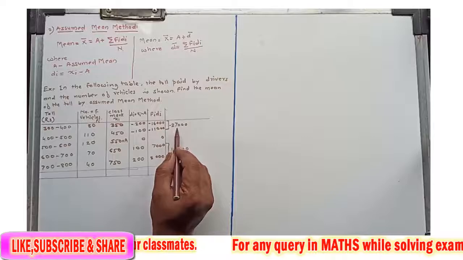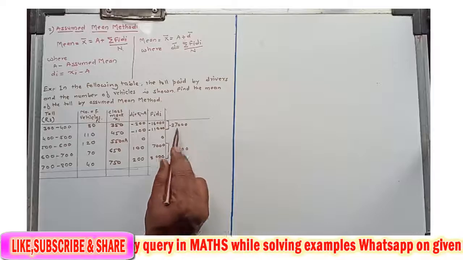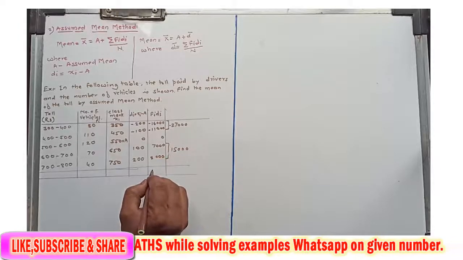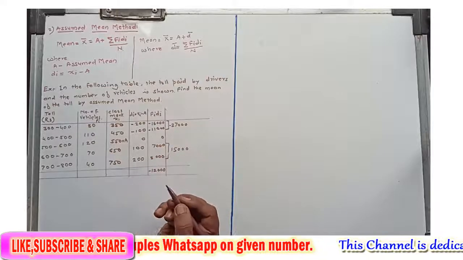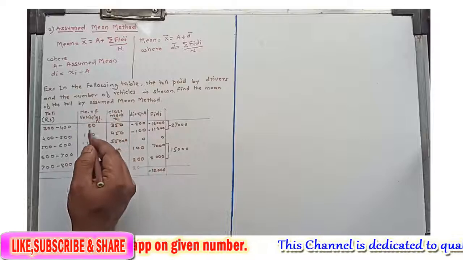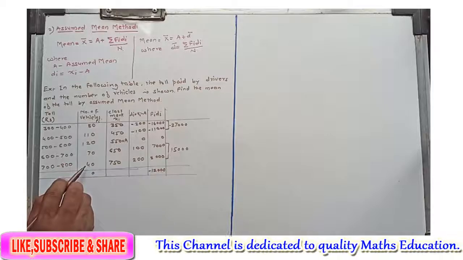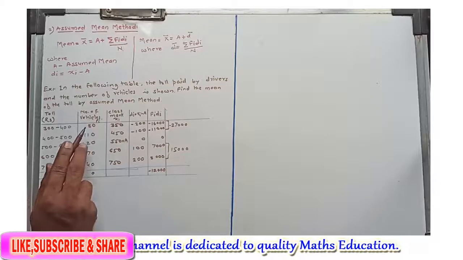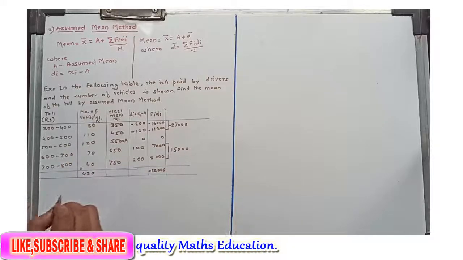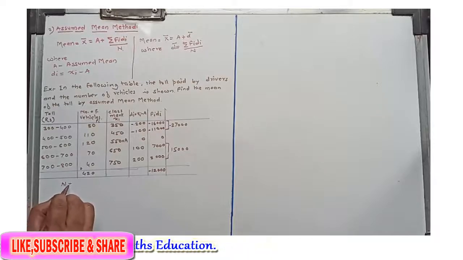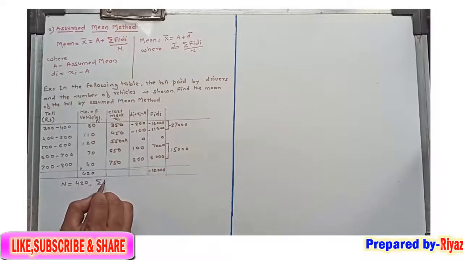So minus 27,000 and plus 15,000, different signs are there. Always take the subtraction. So 27 minus 15 is 12,000, and we put the sign of the greater number, which is minus 12,000. Now just add the number of vehicles: 0 plus 0 plus 0 is 0, then 7 plus 4 is 11, 12, 13, 14, 14 plus 8 is 22, carry 2, 3, 4, 420. So the value for N, the total frequency, is 420.